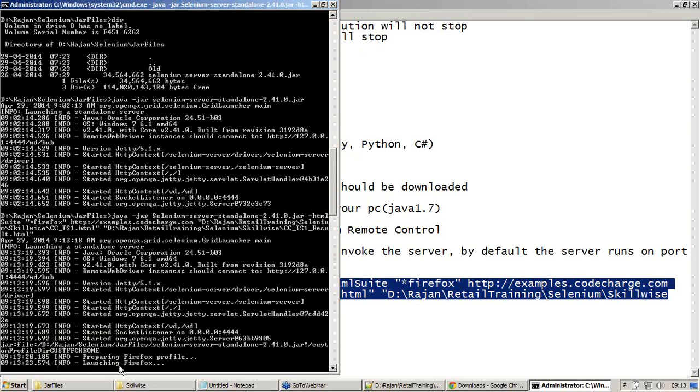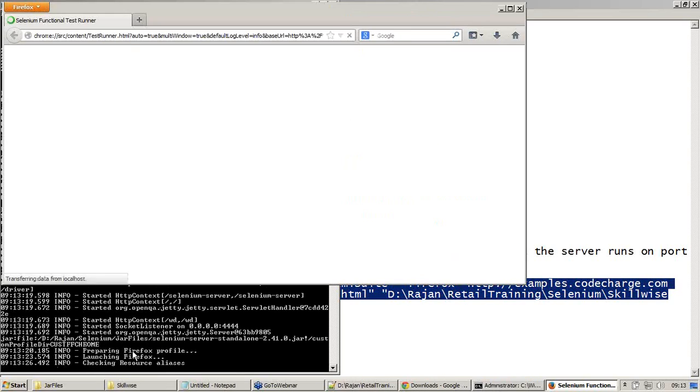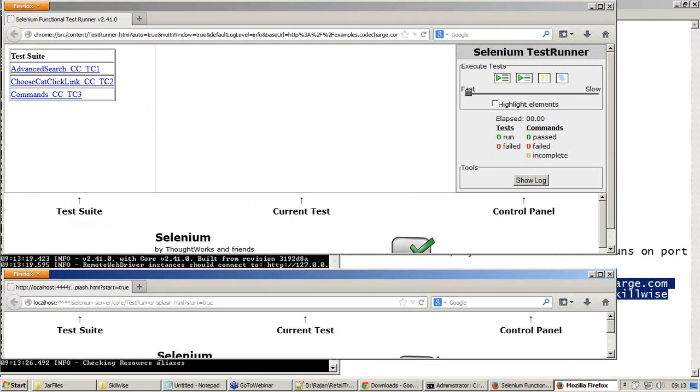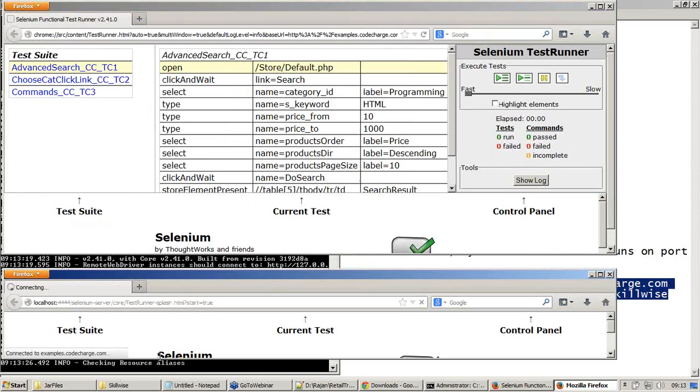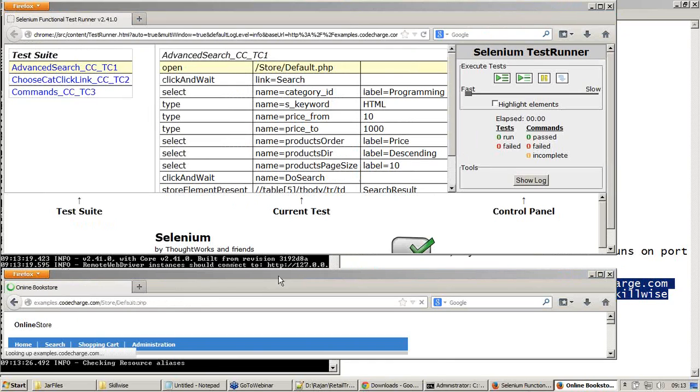See the kind of commands it types. Now there are two Firefox windows which have been opened, and you are able to see which test case is being executed and what is the exact command which is being executed. The top window of Firefox is what we call the test runner.